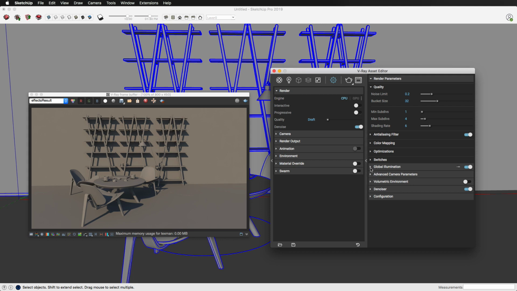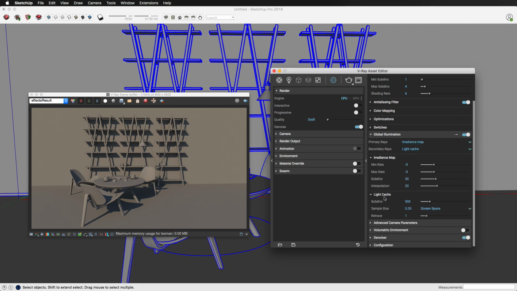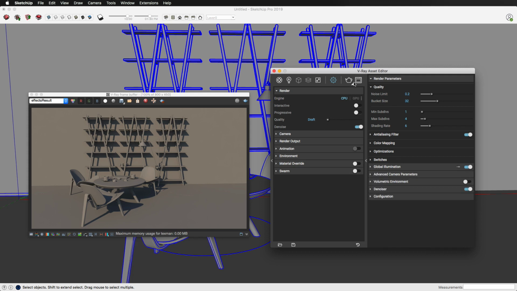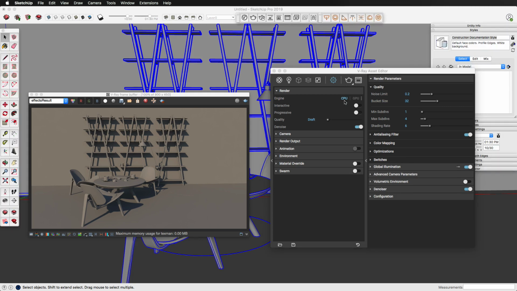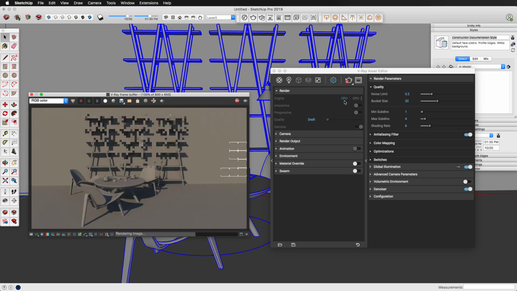When I get into the later video about final renders and setups like that, we'll go into a lot more of the parameters of the irradiance map and the light cache and so forth, about how to limit the noise to give us this kind of effect without, you know, fakery, which is what the denoise filter does. So, but again, for our purposes, leaving things on irradiance map and draft, and with the denoise turned on, we can quickly get some pretty decent results. Okay, so that's the basics of